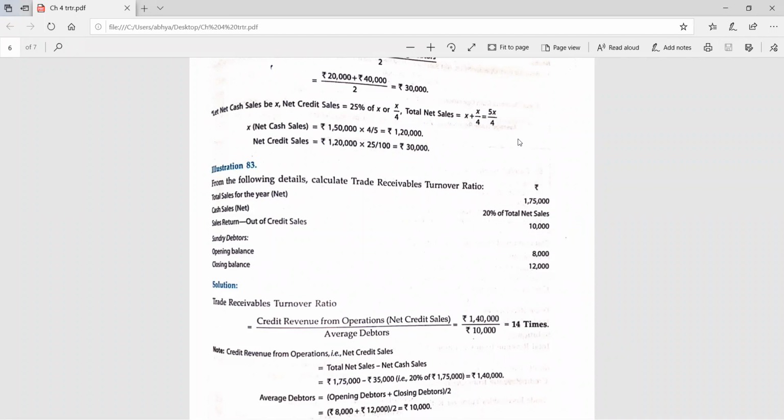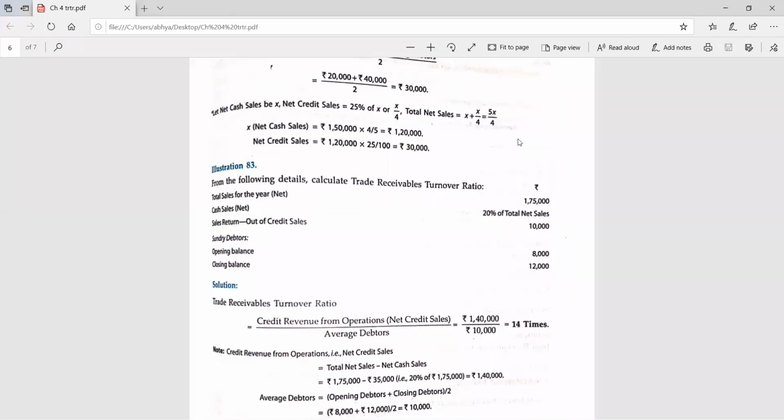Yes, everyone is giving me the correct answer. Harshita, Priyanshi, Ayush, Abhishek, Mitali, Varun Bhatia, I think you have deducted sales return. That's why you have got the wrong answer. And yes, Vaibhav Sharma, Toshit, everyone is giving me the correct answer. So I told you earlier, when net is given, net means returns are deducted. So if the returns are already deducted, then you need not deduct them again.